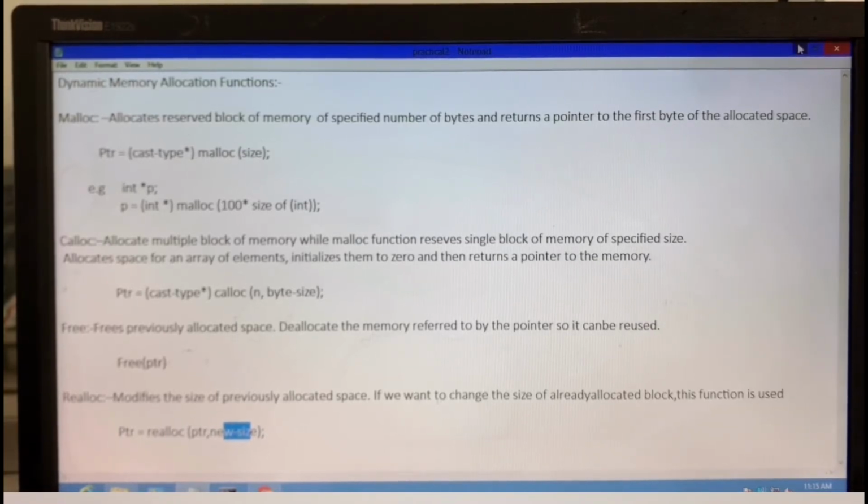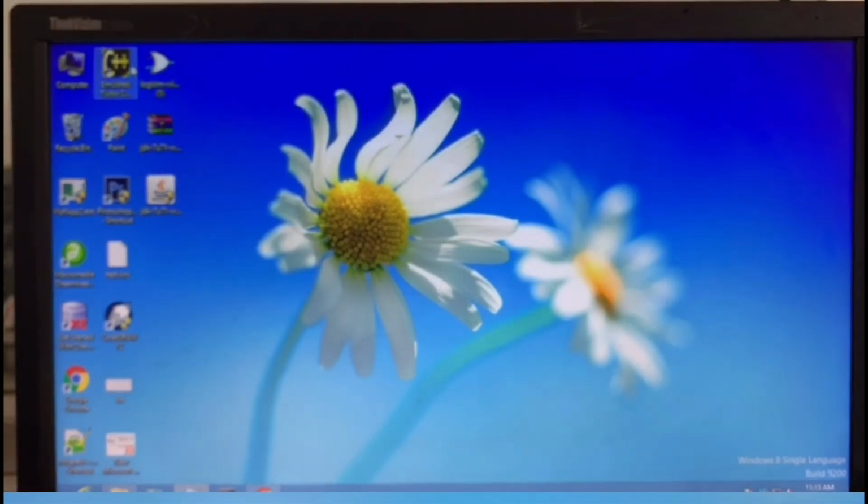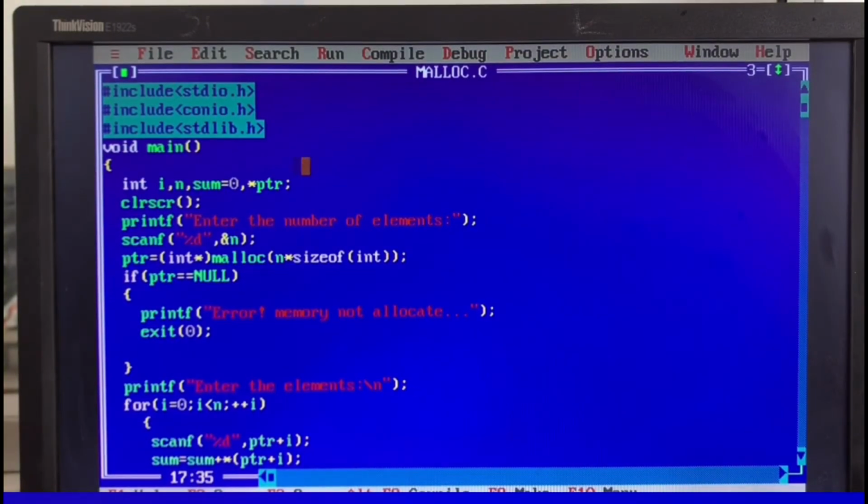Now next is the program for dynamic memory allocation using the malloc and free functions. This is the program for the sum of n numbers. These are the header files.